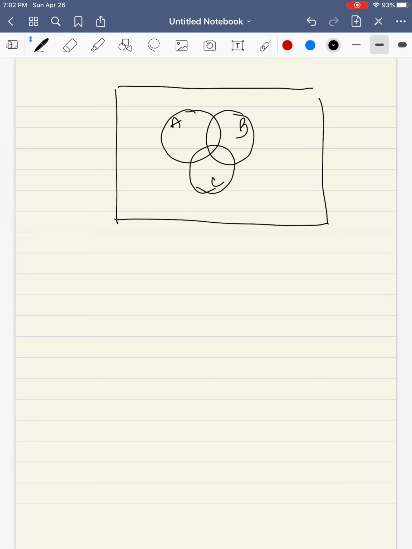So if I ask you to graph A intersect B, that means that I want you to shade in everything that's common to set A and set B. So there's no set C here, so we don't have to worry about set C. Pretend it's not even there. Only look at circle A and circle B. So the intersection of A and B would be this little region right here. Like I said, don't worry about C because we pretend that it's not even there. So A intersect B is the part of circle A and the part of circle B that are common to both of them. If I wanted the union of A and B,